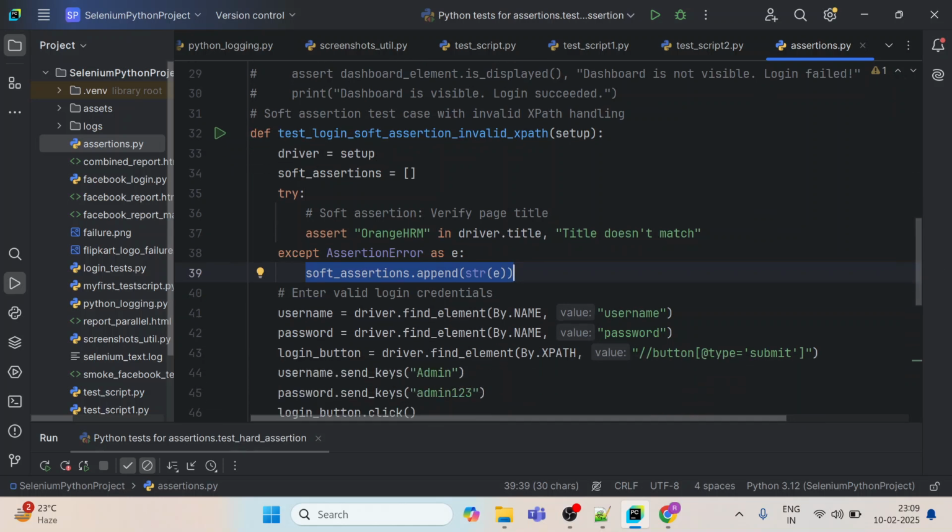So this is with respect to the driver.title. If we find Orange HRM in the driver title, then it passes, otherwise it will fail with driver doesn't match, and the assertion will be appended into this list, soft assertion. Similarly for the username and password,